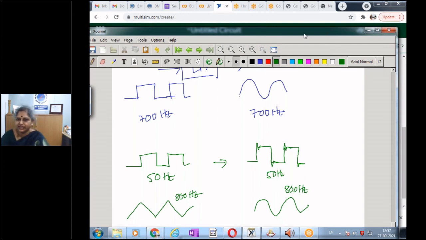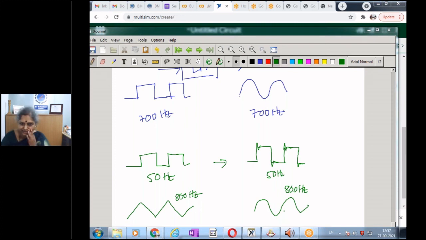And Shashank has told, please explain. This is very surprising. I told you I have something surprising at the end. This is what is surprising. I give a square wave, I get a sine wave. I give a sine wave, I get a sine wave. I give a triangular wave, I get a sine wave. How can I explain this? I cannot explain it with what we have studied today.